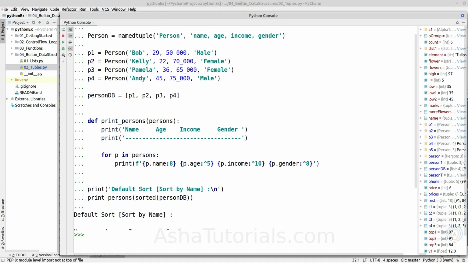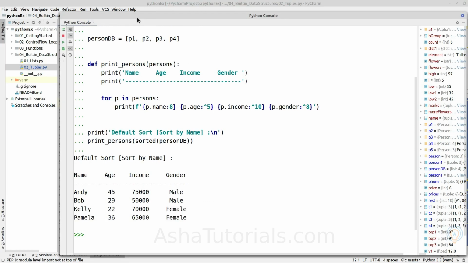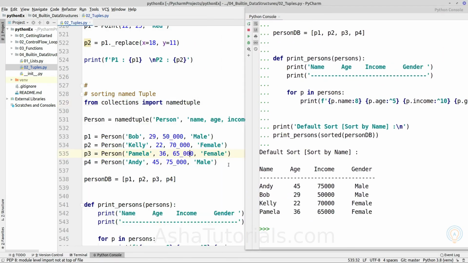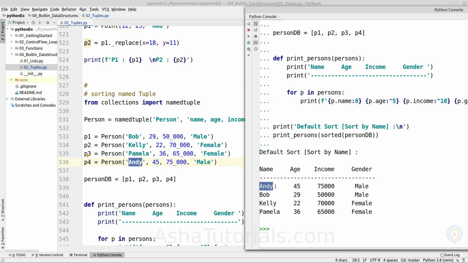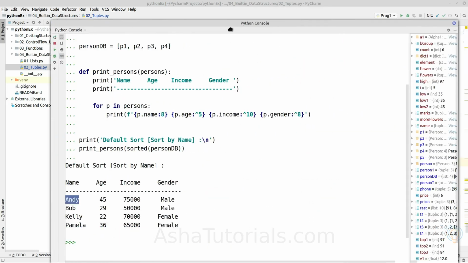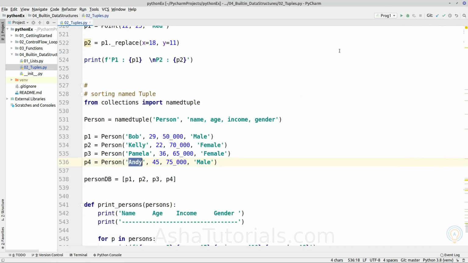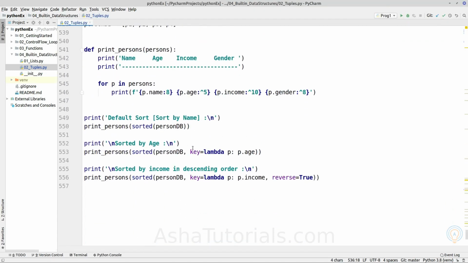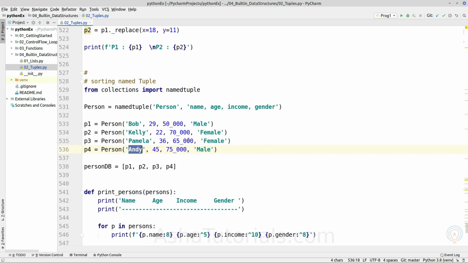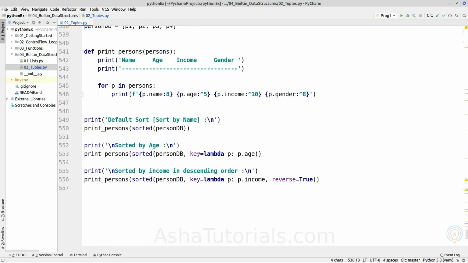as we can see here, by comparing the initial values, it is sorting by the name. So first is Andy, because it begins with the alphabet A. By default it has sorted by name, but we know that the sorted function takes two other arguments, key and reverse.